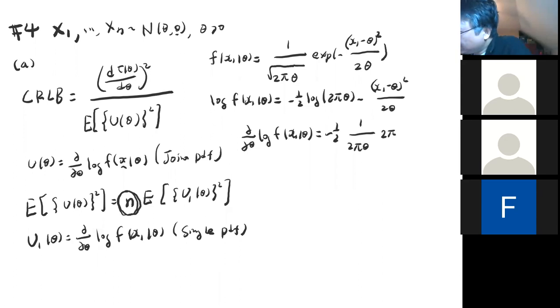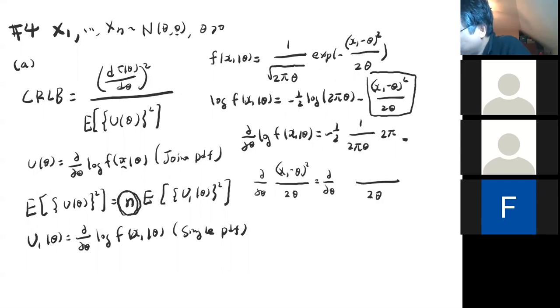And then this part is kind of tedious if I want to take the partial derivative, but it would be easier if you really expand it: xi squared minus 2 xi theta plus theta squared. I find that would be easier. Okay, so then this guy equals,